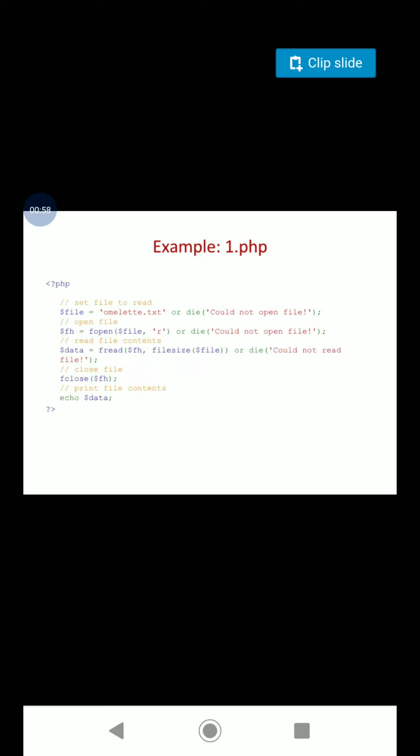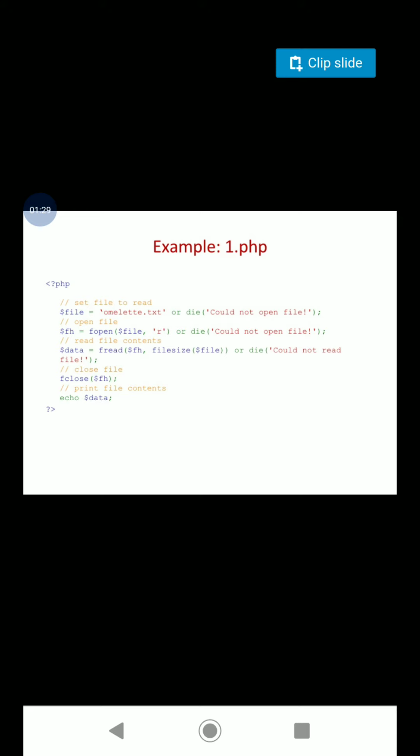So here is an example where we are creating a file that is used for reading purposes. Now I have created a file handle that is equal to fopen. fopen is a function that is used to open the file, and followed is the name of the file. It can also be a variable that stores the path to the file, and the mode in which the file is opened, whether it is read mode, write mode or append mode.